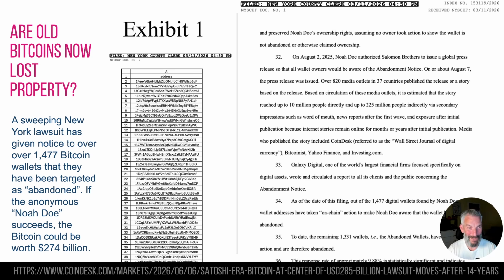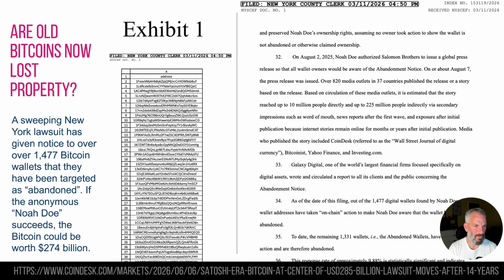This is genius. So Bitcoin's been out for what, 14 years now, and some of those original, as they call Satoshi wallets right at the beginning, those Satoshi Bitcoins right at the beginning. So somebody's figured out that actually you can now claim lost property. So if they are abandoned, you can say, well, they are property and they've been abandoned, so I shall then claim them. So somebody is actually in, I think this is New York, they have filed a claim under anonymous Noah Doe name through some proper sort of lawyers and whatnot.